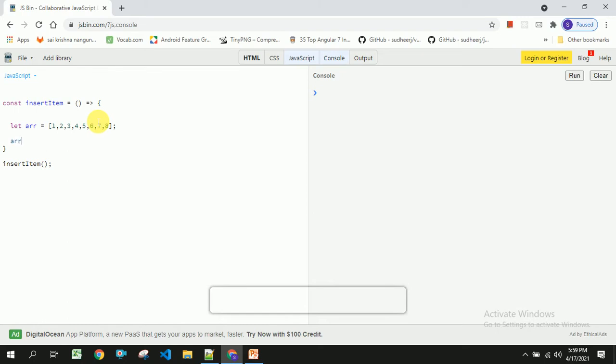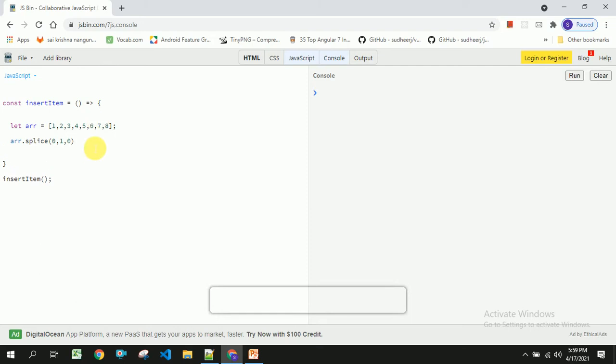For this I am going to use array.splice, which will take 3 arguments, 2 are the boundaries and the last one is the item which you want to insert. So this is the first boundary, that is 0 and 1. Now I am going to insert 0 here.